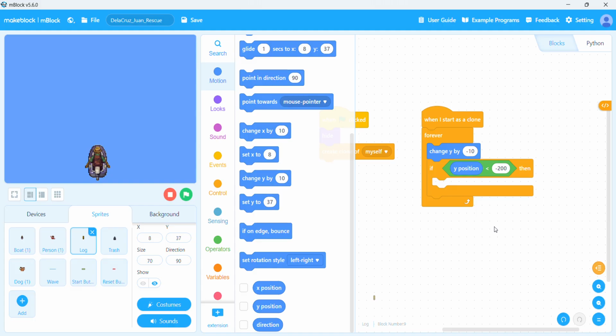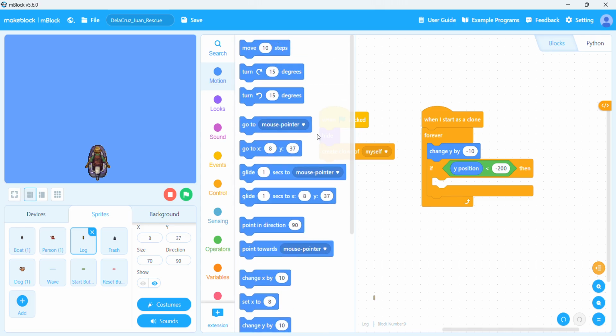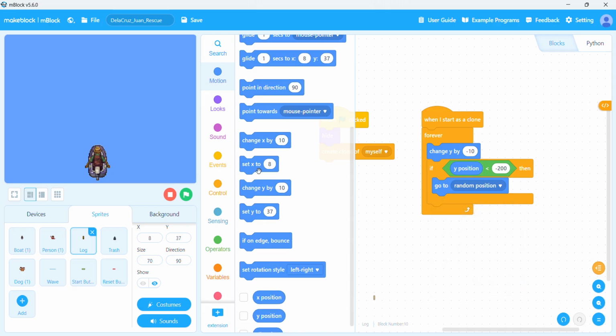Inside the if-then block, snap three blocks in this order. First, a go to random position block. The next block is a set Y to 200 block. And lastly, a show block.